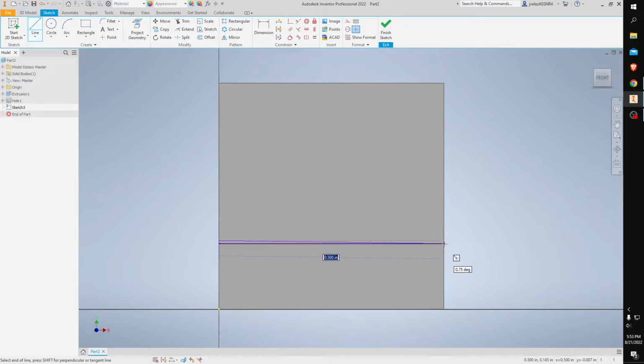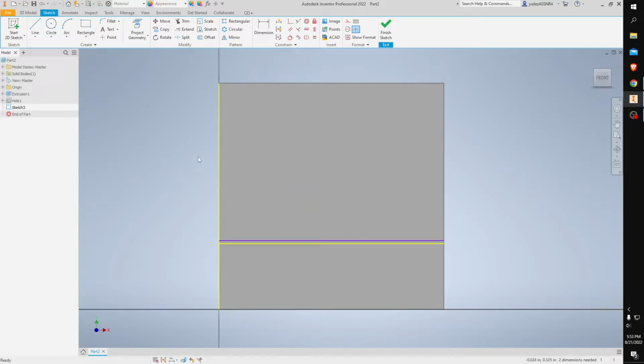There's one line there, another line is there, and then I'm going to press escape. I'm going to start another line over here. There we go. Press escape, and now I'm going to sketch on top of the other lines. I'm going to put another line on top of this one, another line on top of this one,